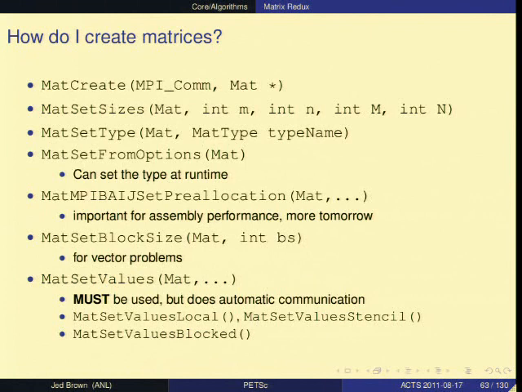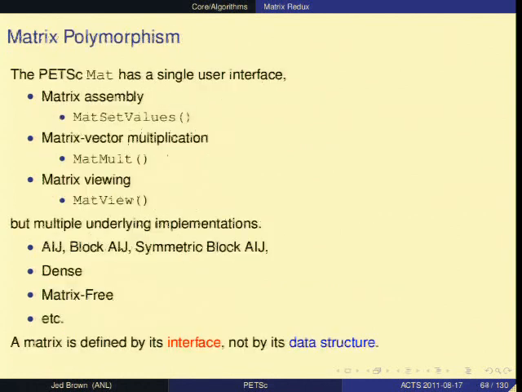If your problem has some blocks, then you can use these interfaces. So you can set the block size, and then you can use a set values for the blocks. So if you have, say, a structural dynamics or structural mechanics problem, you have, say, a block size of 3 for the displacement variables. All of the indexing and metadata in the system can address that whole block size instead of just the individual scalars.